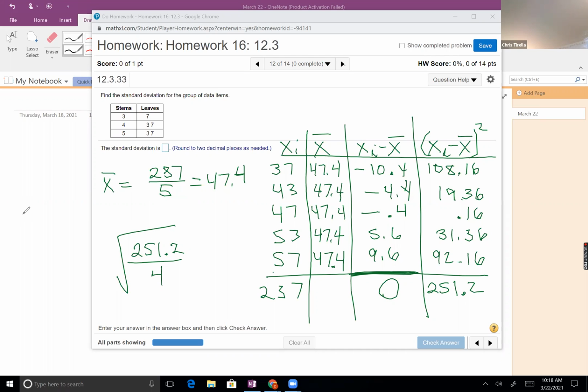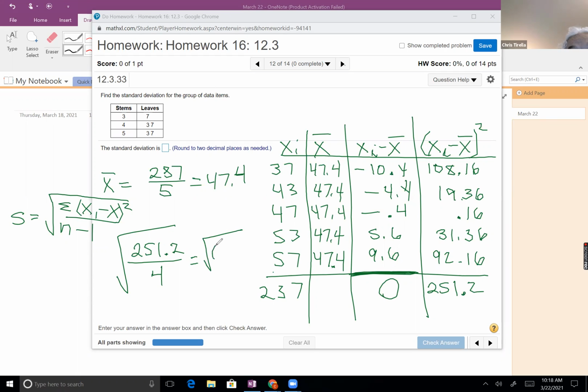If you remember the formula that we had for the standard deviation, we said it was the square root of the sum of each value minus the mean squared divided by n minus 1, 1 less than the sample size. If that was a 6, then it would be a 5. It's always 1 less than the number of values. So if you look at that last one we did, we had 20 numbers, so we divided by 19 for the standard deviation. It's always 1 less. So I'm going to take this, divide it by 4, which gives me